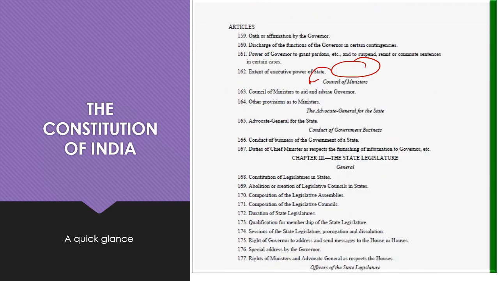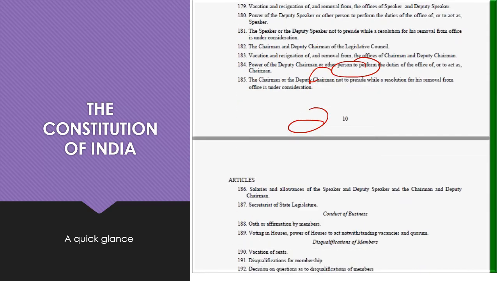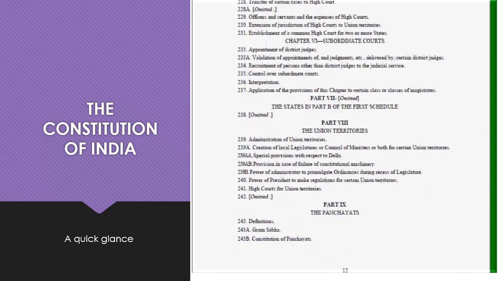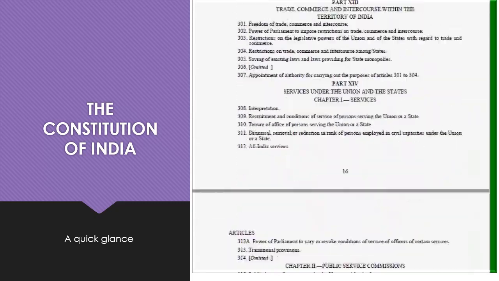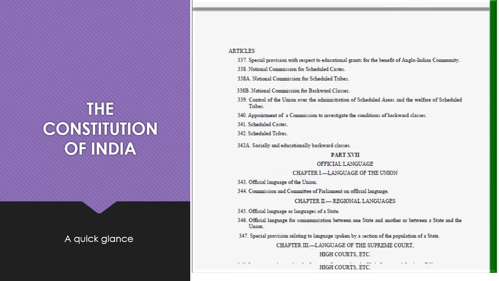And that again starts with chapter 1, chapter 2, chapter 3. So it's important for you to know that the chapters start from 1 once again as soon as you switch from one part to the next part. So when you go from one part to the other, the chapters again start from the beginning.